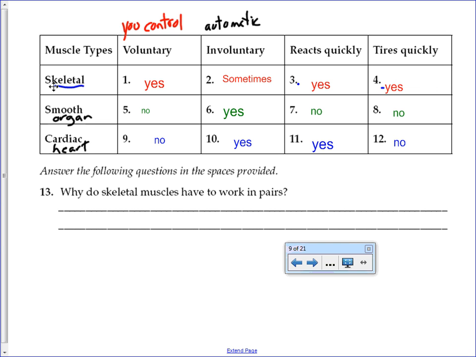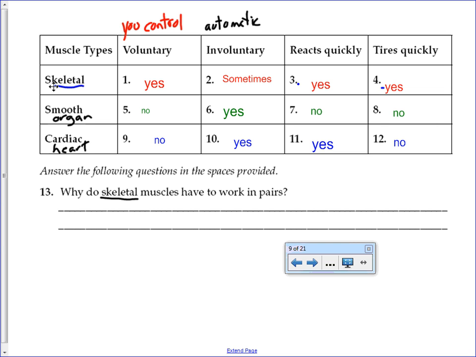Okay? All right, let's do a quick thing about muscles working in pairs, and then we'll do a little activity to practice this stuff. Okay, you read, and we're of course talking about skeletal muscles. So you read yesterday, why do skeletal muscles work in pairs? Ladies, can you get rid of that and write about muscles working in pairs? Thank you. Muscles working in pairs. Why do they have to work in pairs?